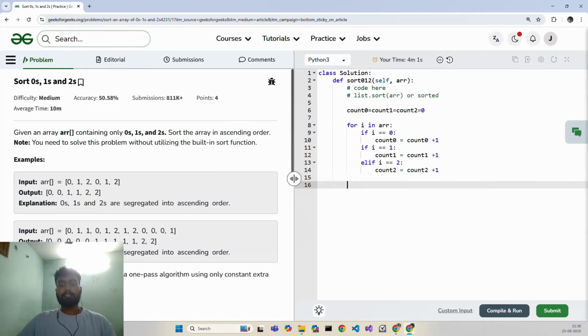Then we will overwrite or append the values. Let's say I take i equal to 0, for underscore in range of count0. Now I append the value as array of i